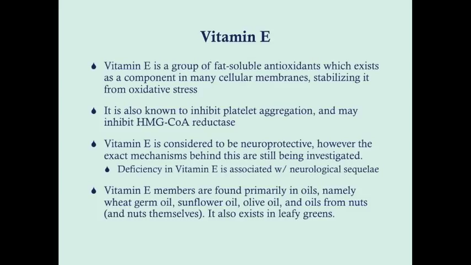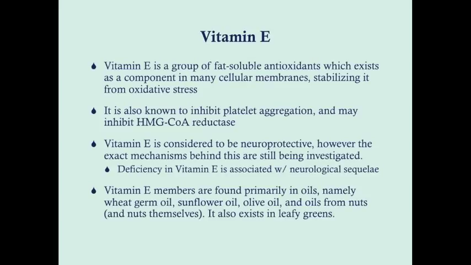And then it's also been proposed that vitamin E has an inhibitory effect on HMG-CoA reductase. And so that's really interesting as far as when we're thinking about patients who are deficient in vitamin E, what that might mean. Vitamin E is considered to be neuroprotective, in as much as the neurons really require a stable cellular membrane. And so when we're talking about vitamin E deficiency over a prolonged period of time, there tends to be damage to the cerebellum and the posterior column.